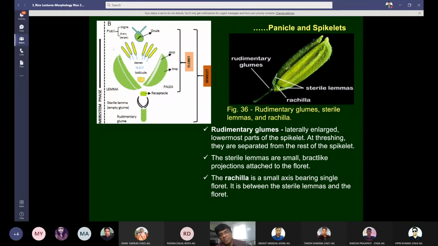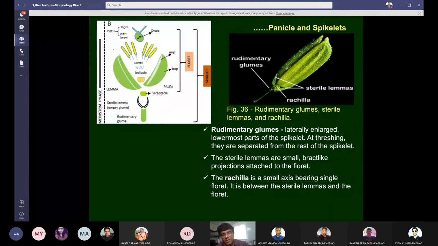Now see the left picture again. It is written spikelet. The whole structure from top to bottom is the spikelet, which includes everything from the rudimentary glume up to the stamens and gynoecium. But the floret includes only the palea, lemma, and all the other structures above it.